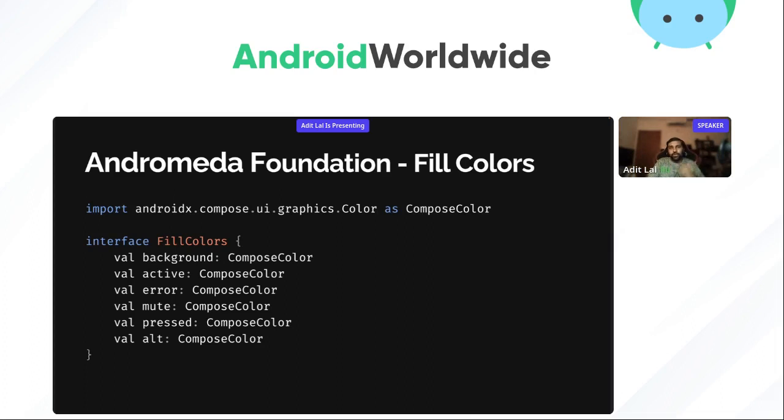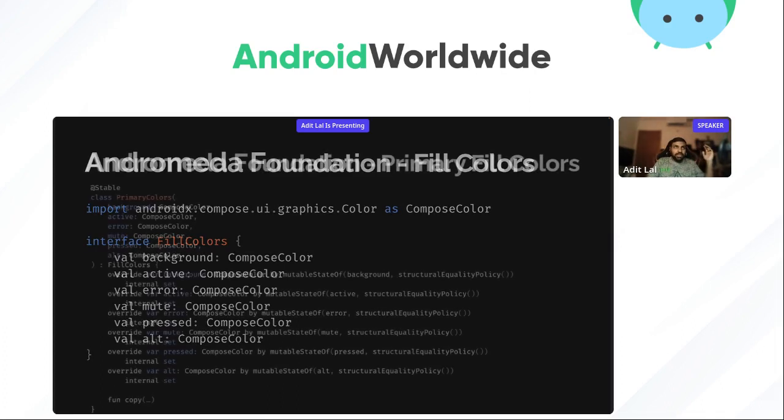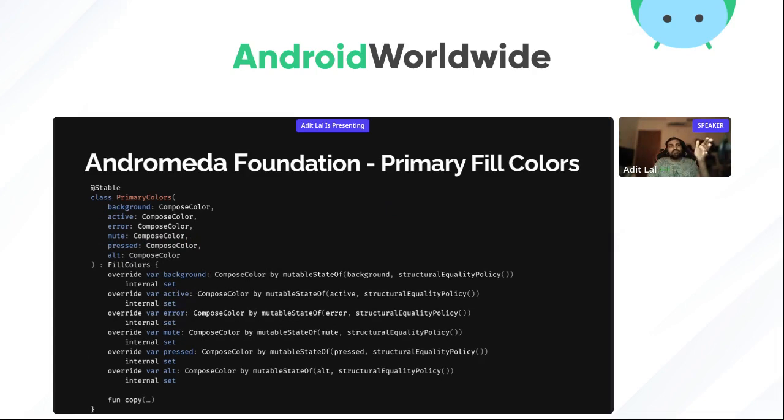There's also an error state, which is very predominant in most of the apps. You have a content state, you have a loading state, and then the error, right? There are obviously mute colors, which you want to use to mute the fact that this button, or this particular component that this fill color is filling in, is no longer needed, and that's where the press and the alt are coming in, right? Given that interface, we then go and again write another stable class in Compose code,